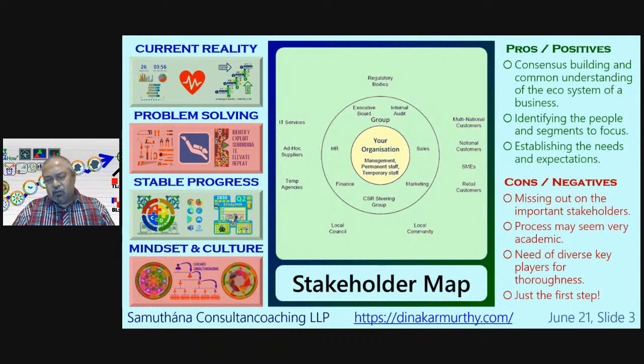In all my assignments so far, both as a corporate executive and as a consultant and expert in various areas, I have seen that the biggest challenge with my clients and situations is to have a common understanding among all the key stakeholders. Once we have a common understanding of the key players, then all the other things fall in place, because that is the core of achieving exceptional performance.